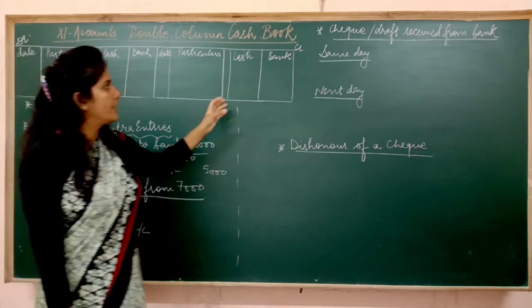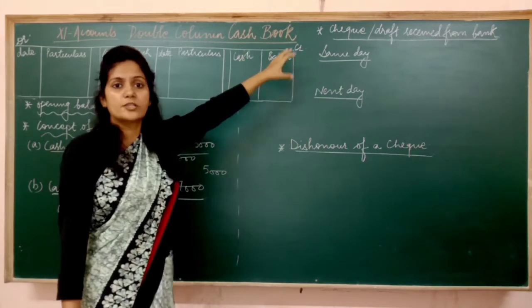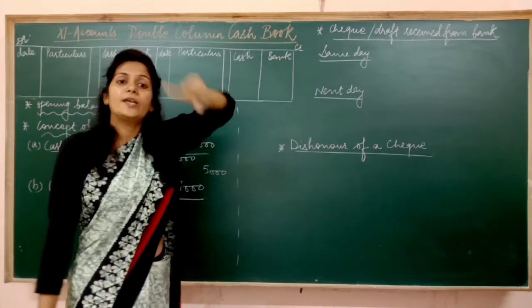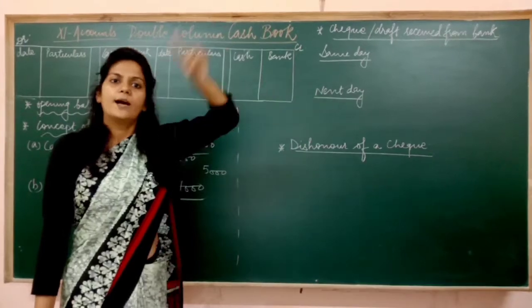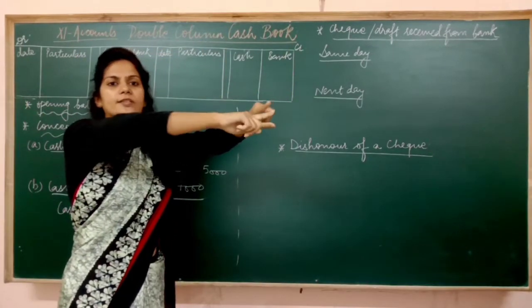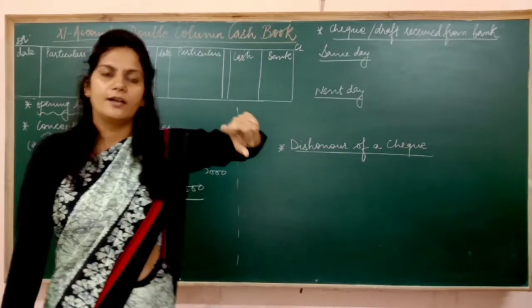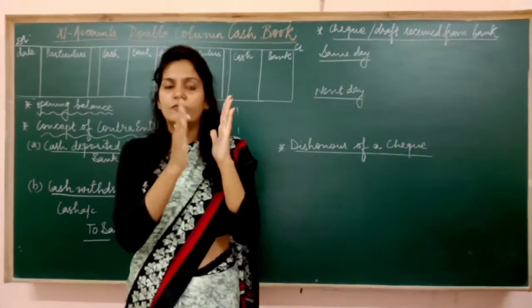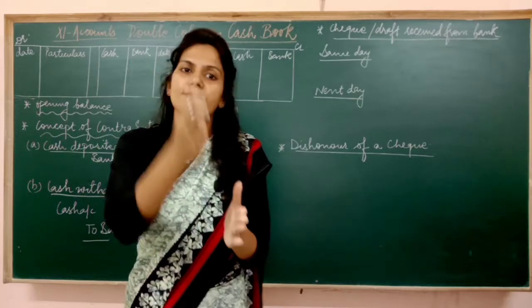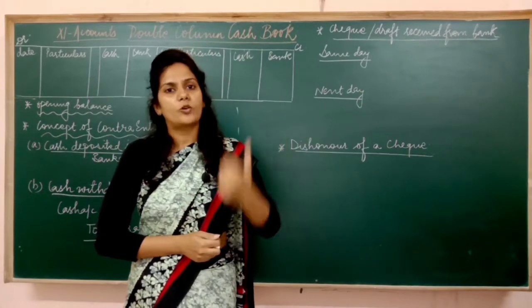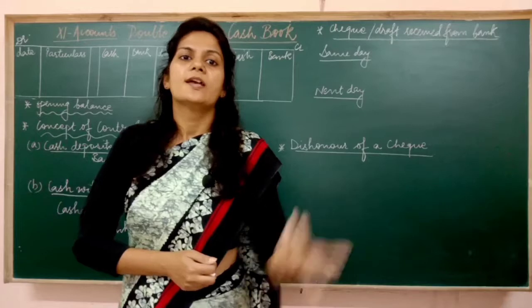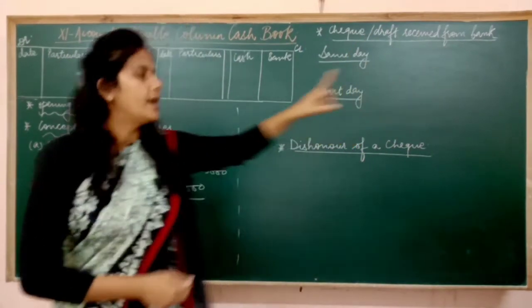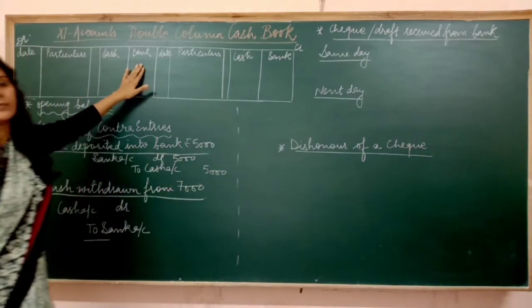It means that whenever money will be deposited into the bank, the bank becomes the receiver, so debit it. Whenever money goes into your bank account you have to debit, because the bank becomes the receiver. No doubt HDFC bank, which is your bank, will record this transaction, but you also have to record it. Bank is no doubt maintaining, you also have to maintain it. So whenever money goes into your bank account, HDFC bank will maintain a record, and you also will maintain a record on the debit side.